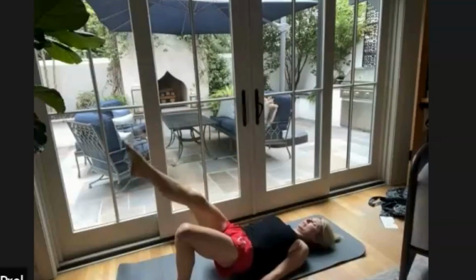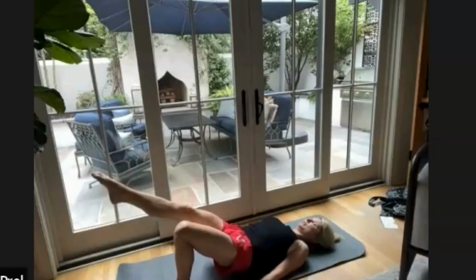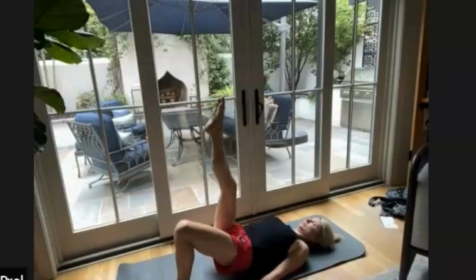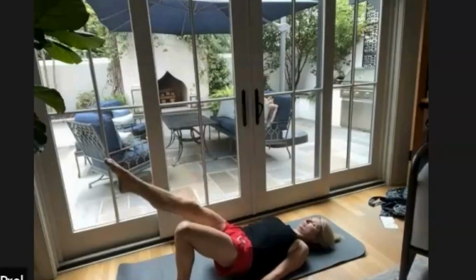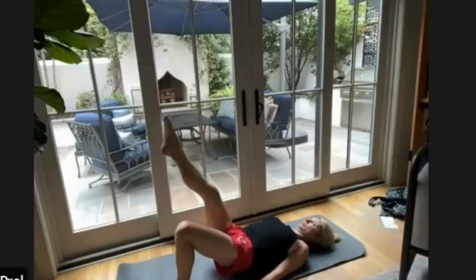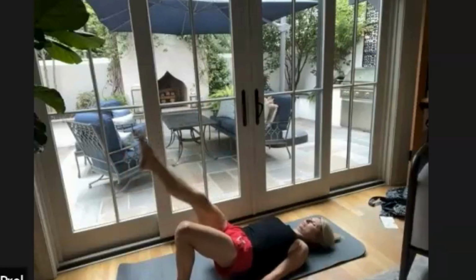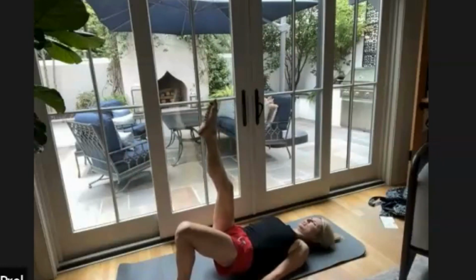So let's do 10 leg lifts. So we're on 2. You can count with me if you'd like. 3, 4, 5, 6, 7, 8, 9, 10. And then let's just add a few little circles with that pointed foot, maybe the size of a tennis ball,